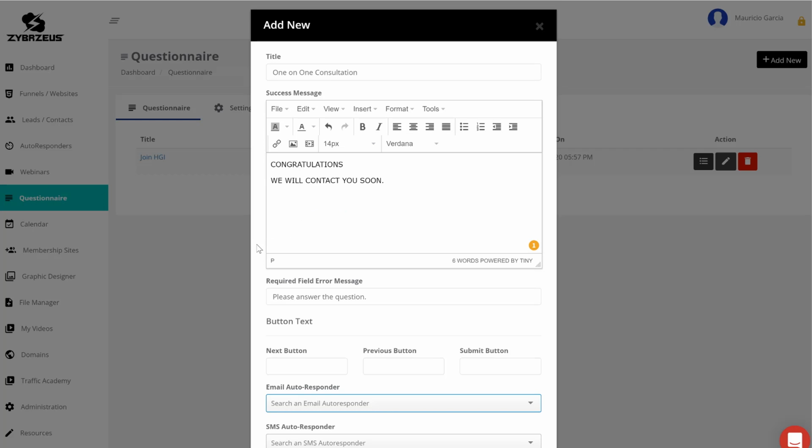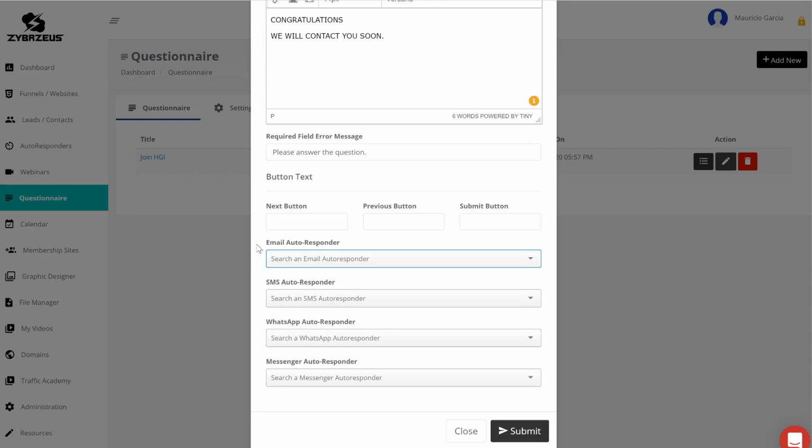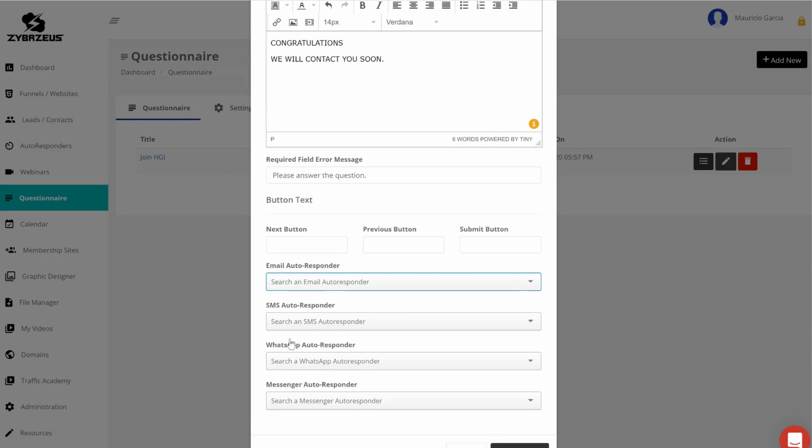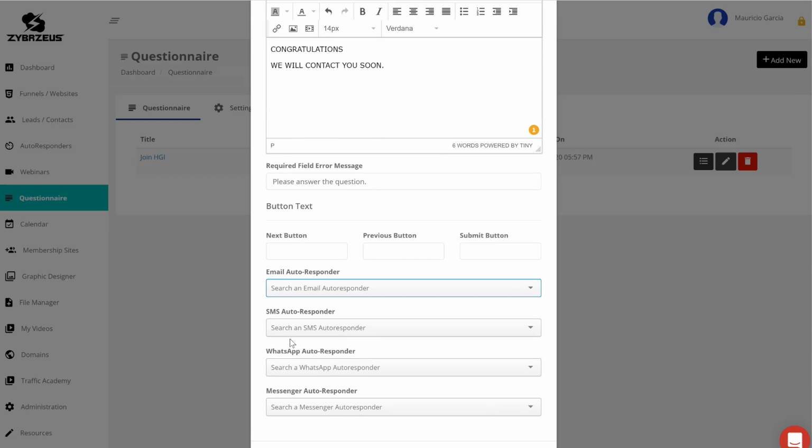And one of the cool features I love about the questionnaire section is that you can also link autoresponders when people answer a questionnaire. As an example, most funnels or landing pages will use something like, have a video and then a capture form. And after that, they will link that to an autoresponder to deliver whatever that PDF or video or course or membership site is. But here you could do it inside of the questionnaire. As an example, if